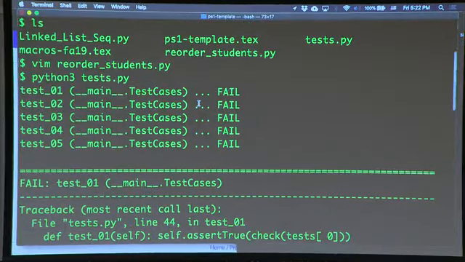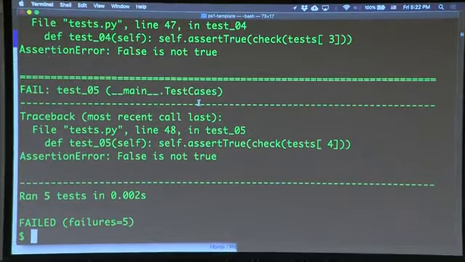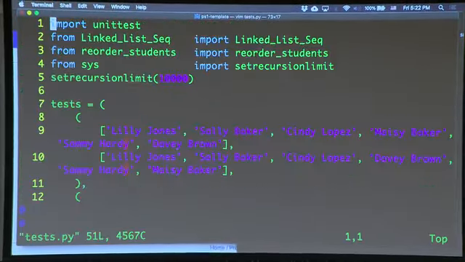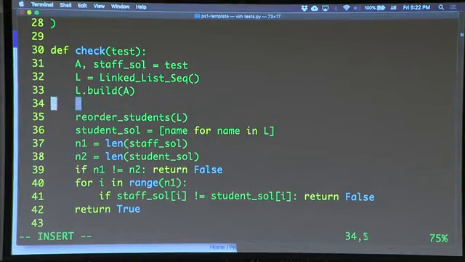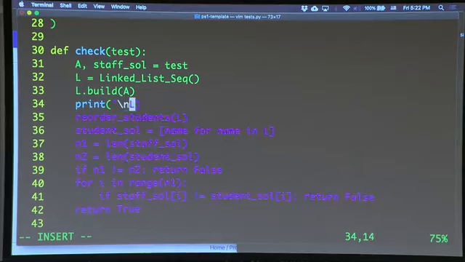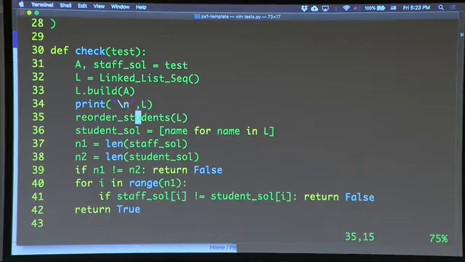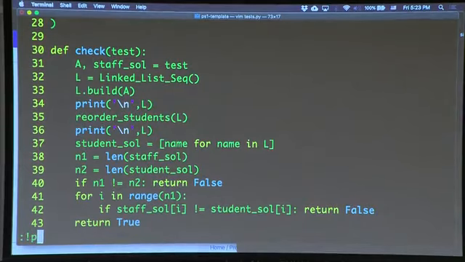OK? All right. And in fact, if I go into the tests, it's reordering the students here. I print the linked list that you gave me. I'm going to have a line break here. What we can see is